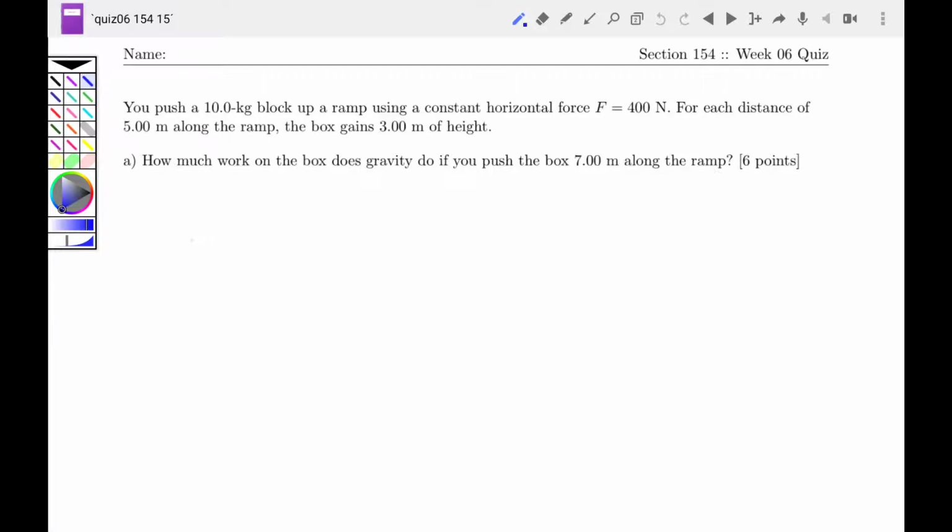Okay, so this problem confused a lot of people. What's happening is there's this ramp that we don't know how long it goes on, so we just assume it goes on forever. We're not given the incline angle of the ramp. We're given a clue though. This 10 kilogram block